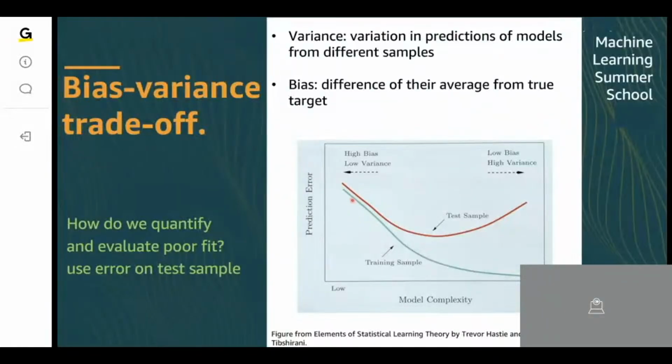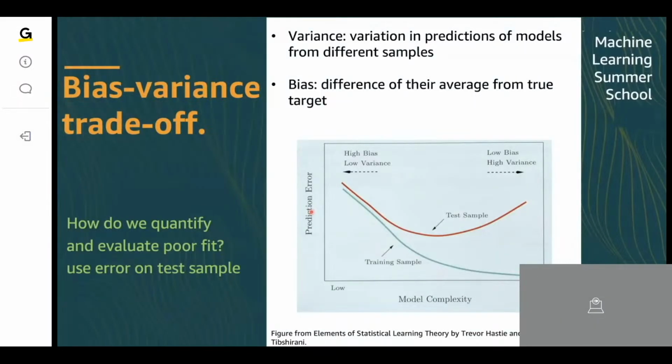So this green curve that you see is the error on the training sample. And the prediction error is a function of the bias and the variance. If you have very high bias and very high variance, you're going to make a big error. You want both bias and variance to be low. But when that is not possible, you trade off one for another and ensure